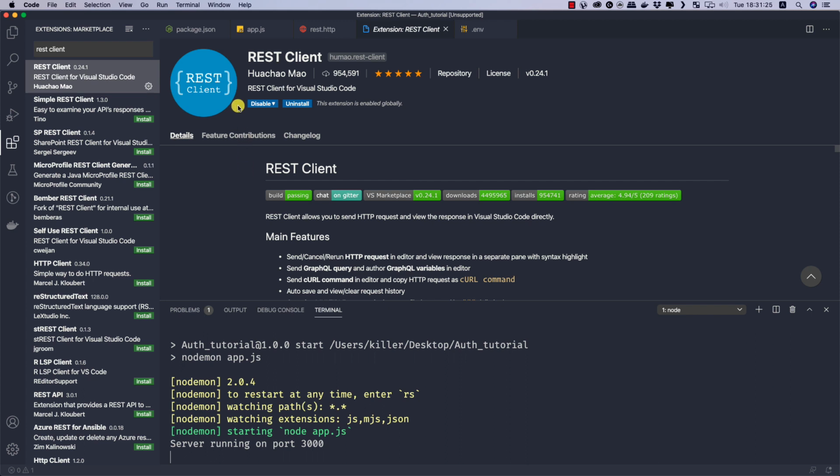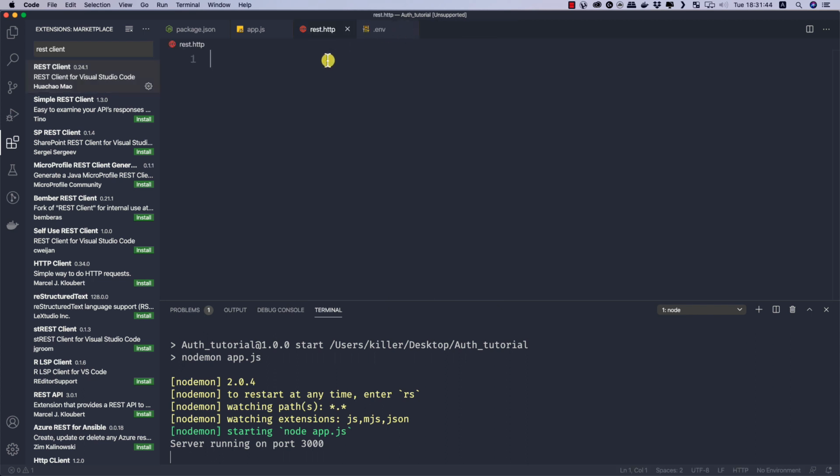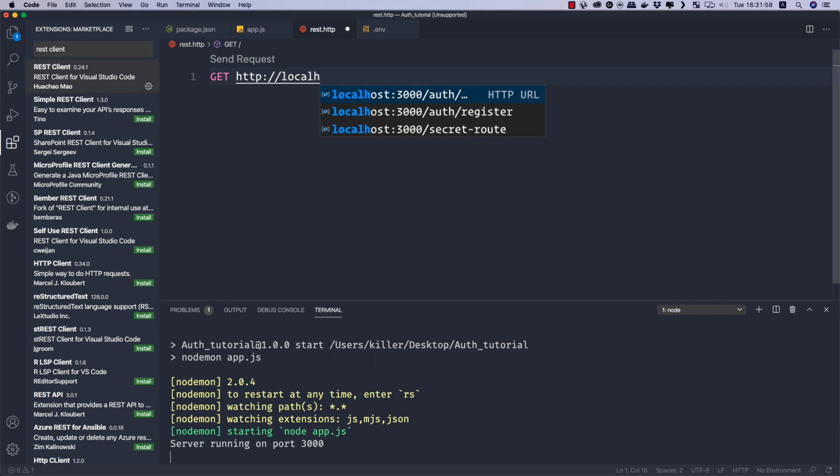And if you don't know how to use REST Client, it is super simple to use, and I also have a dedicated video about how to use REST Client. So you can go and watch that video, and the links are in the description below. So now let me close this tab here, that is the extension of REST Client. And now here, firstly, I want to simply make a GET request to my localhost port 3000. So we'll simply say GET http://localhost:3000 like this.